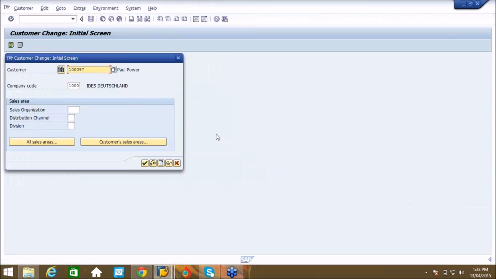See, the hierarchy goes something like this. Enhancement spot is the top one. Enhancement spot contains a BAdI definition. BAdI definition contains an interface. Inside the interface you have methods, but you don't have code. So for an enhancement spot you will create an enhancement implementation. For a BAdI definition you have a BAdI implementation. For an interface you have a class. Inside the method of the class you will write the code. So that's how it goes.